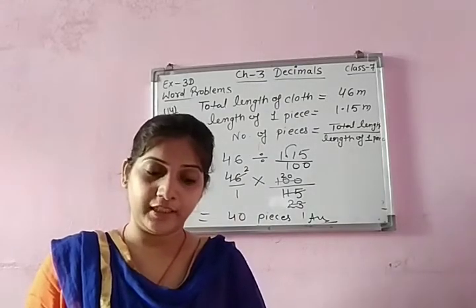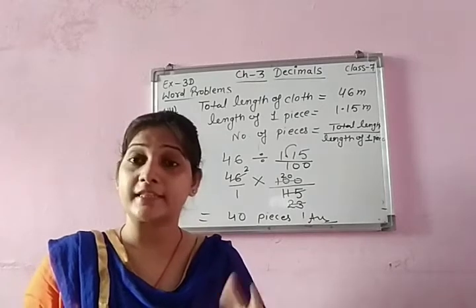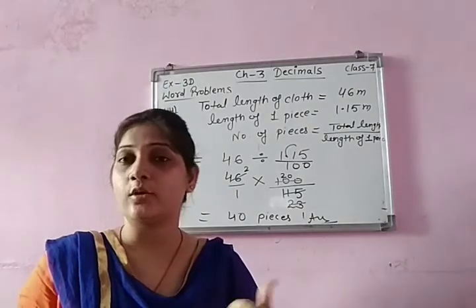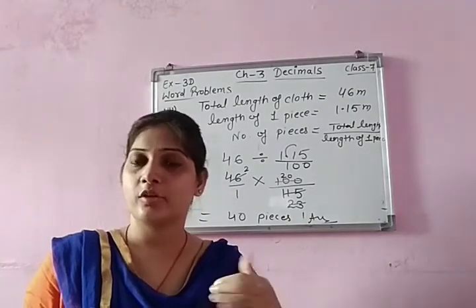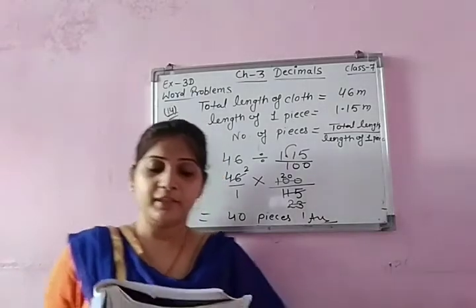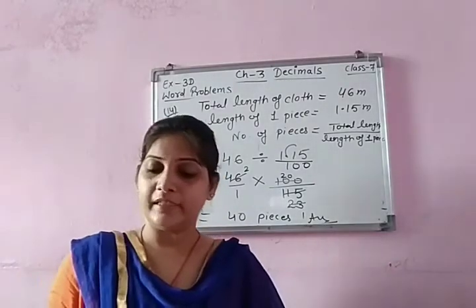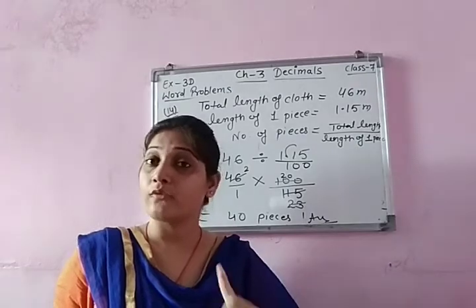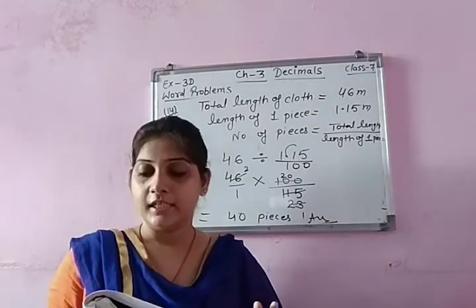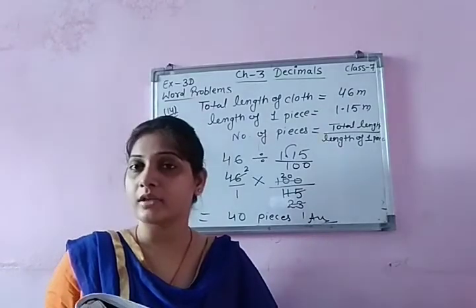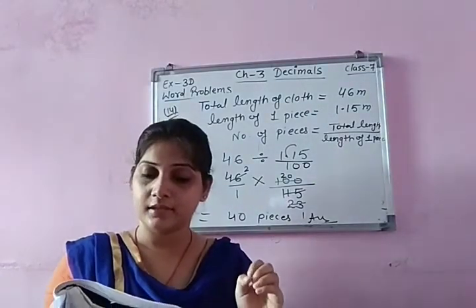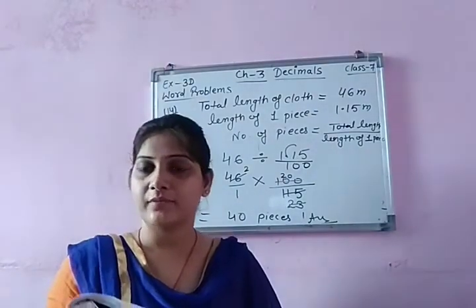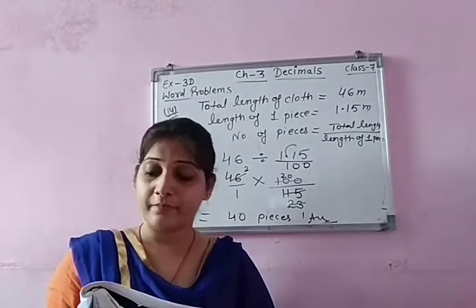Now question number 15, children, again you need to solve yourself because these are the numbers of the question, but the same thing is there, only for your practice there are more questions. Mr. Soni bought some bags of cement, each weighing 49.8 kg. So the weight of one bag is given, and the total weight of all the bags is also given, 1792.8. Can you find how many bags did he buy? Yes, of course, we can find that.